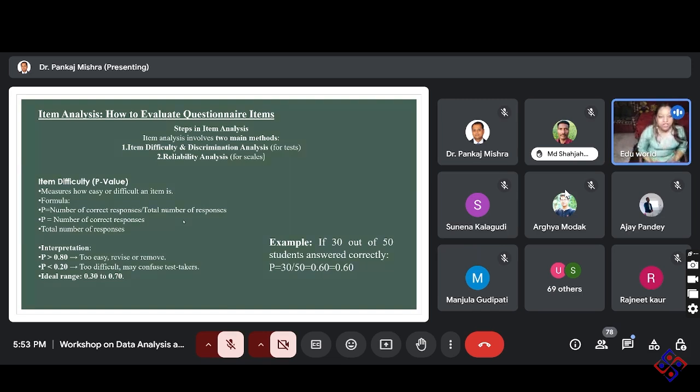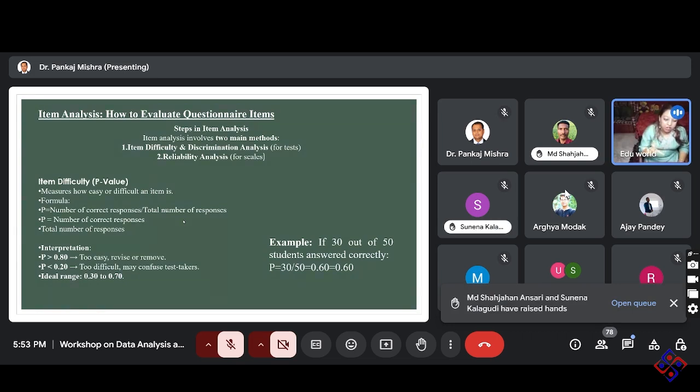Again I'm saying, if the research title is like this: impact of social media on the academic achievement of students in geography. Due to social media, how is it affecting your study in geography? Now what you will do, you will frame a questionnaire that is related with geography, with questions related to the standard that you have selected.